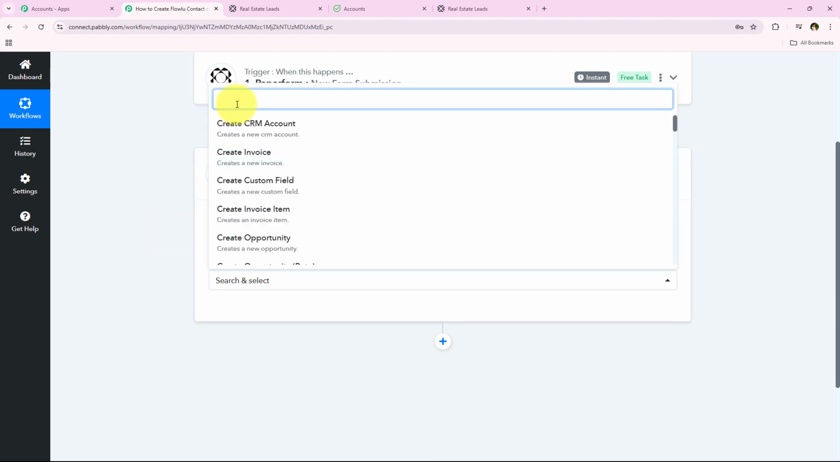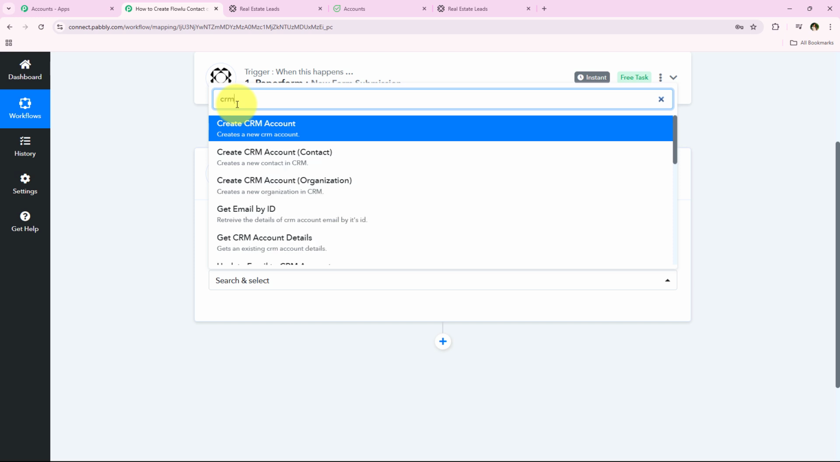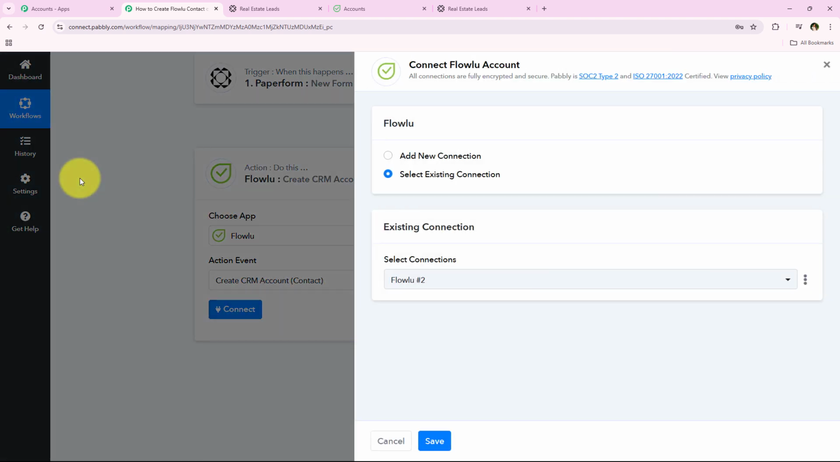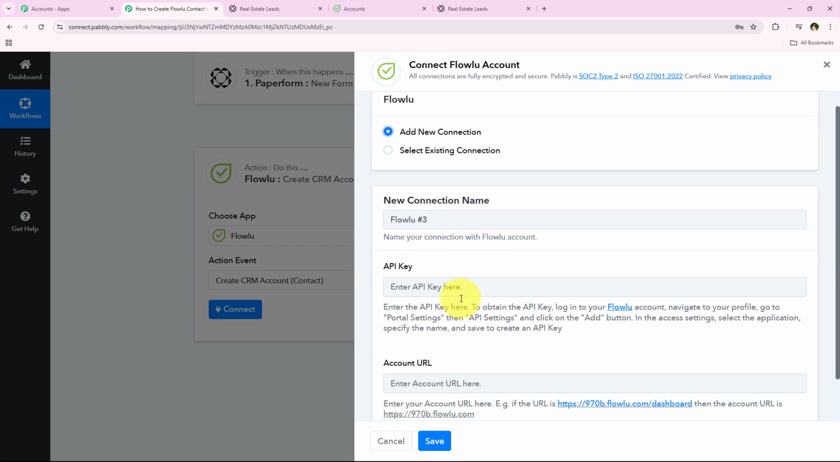So what I want is to create a contact, right? So I'm going to search for contact, and as you can see, create CRM contact. So we are going to select this and click on connect. And as soon as we click on connect, it is asking me to add a new connection or select an existing connection. So if you have already connected your Flowlu account with your Pabbly Connect workflow, you can click on select existing connection and then save. But if you haven't, you have to follow me, click on add a new connection,